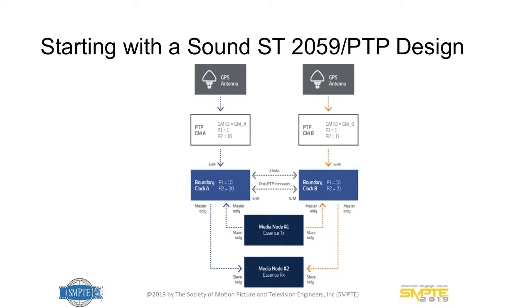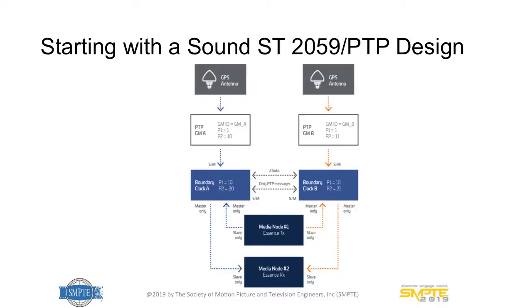important thing. On your boundary clocks, for all the ports which are connected to media nodes, you want to use them in a role master mode, so you can block out having any rogue masters in the system. On all your media nodes, you're going to want to set them to slave only, so they won't ever try to become the master. You'll have some links between your two switches, so that way the whole network will converge to the single grandmaster. So, as I said, there are lots of different ways, but you want to make sure you start with a sound foundation.